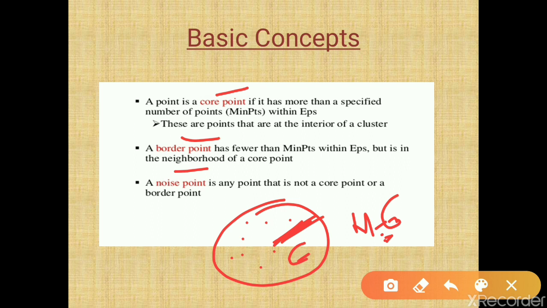It should be bounded in this region with the value epsilon, and it should contain at least 6 points in that epsilon.